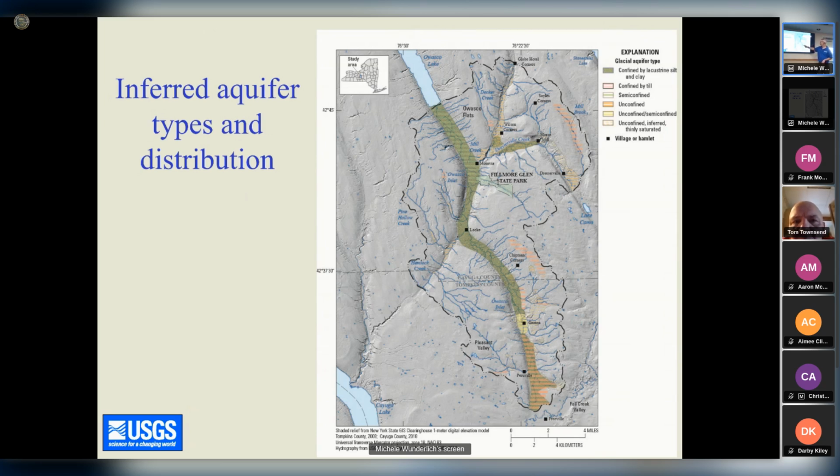At Groton, it's more of an unconfined or semi-confined. There's a little bit of confinement there, but that's a relatively unconfined area within the valley. To the north, we have lacustrine deposits confining, and on top of that, there's a thin layer of glacial till. So there was a glacial re-advance that covered or reworked the lake deposits that's been identified in that area. Bottom line is it's confined here, it's confined here, probably semi-confined here.